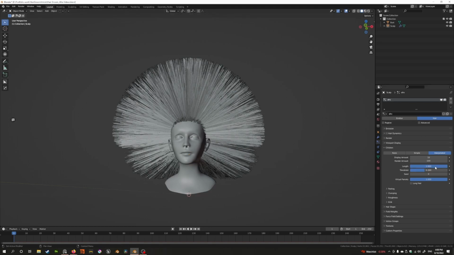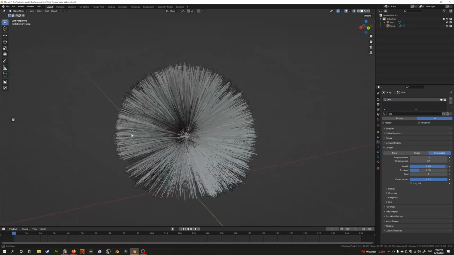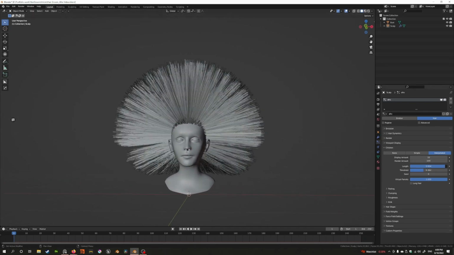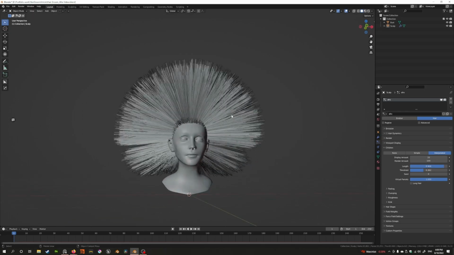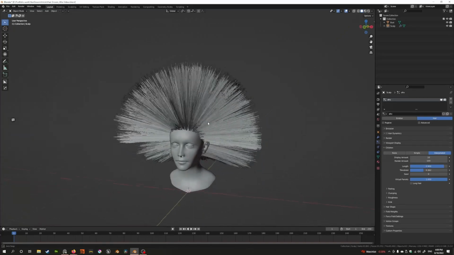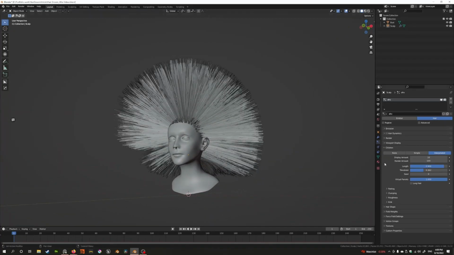So I'm going to increase the threshold here and decrease the length, and just adjust the threshold, not too much, just a bit, and that can add a little bit of personality to the hair. Okay, there we go. We have some variations here, but essentially all our hairs are still pretty straight,